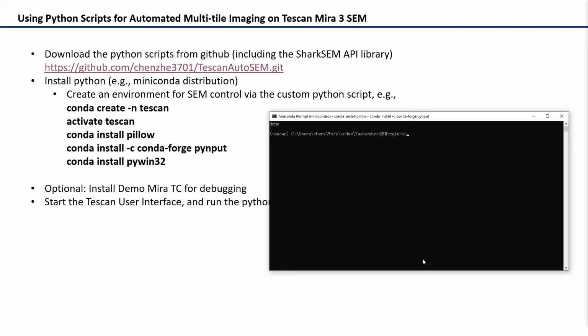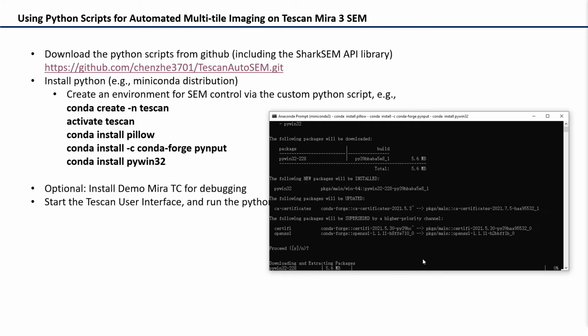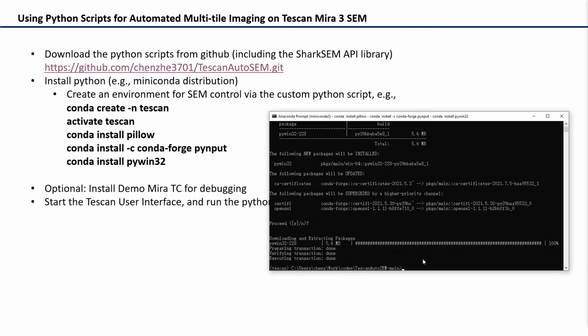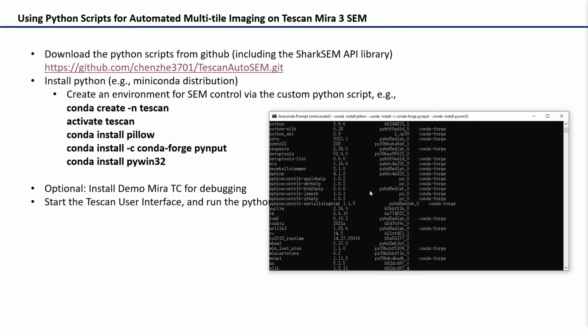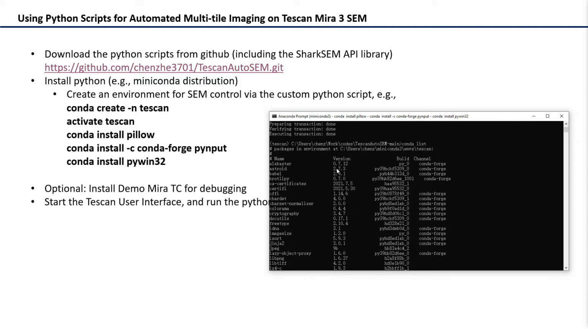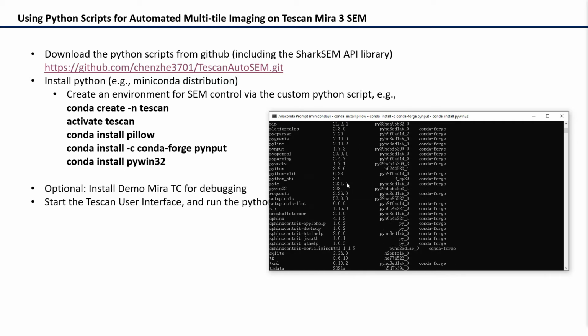And then the third one. Now we're done. With the command conda list, we can see that it lists all the packages we have now in our environment.